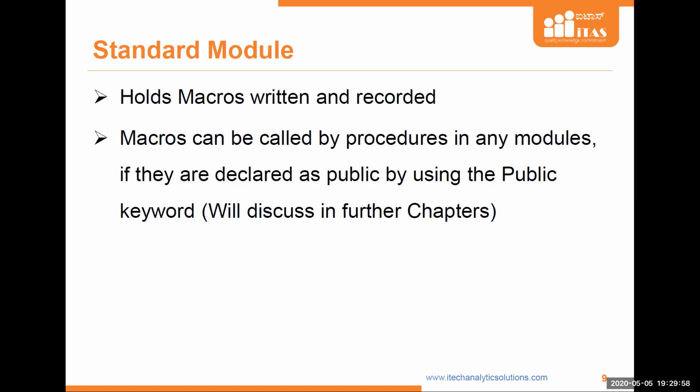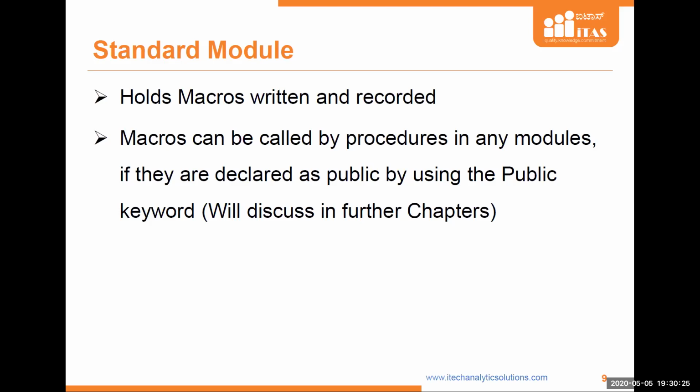See here, we have a standard module. And in this module, you just go on writing programs. This acts like a folder. It stores all those macros that you have written. Whenever you want to execute any particular macro, you can call that procedure or that macro and it can be executed.